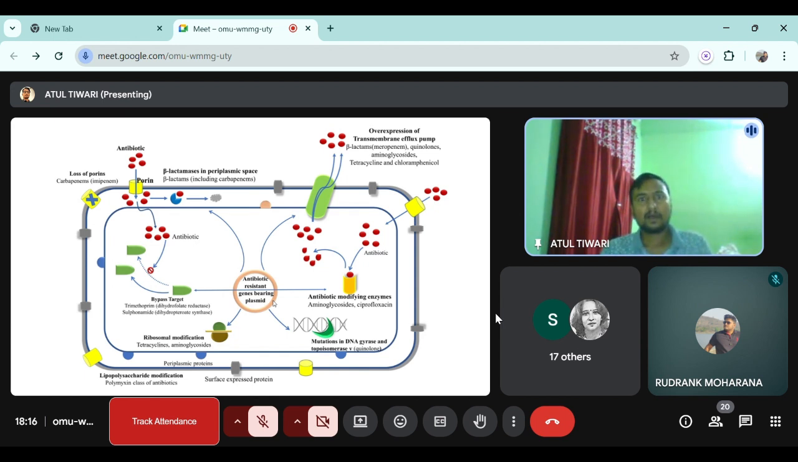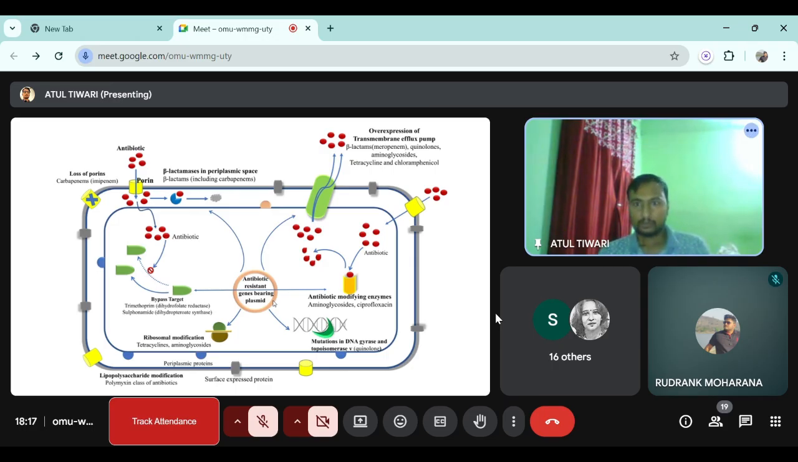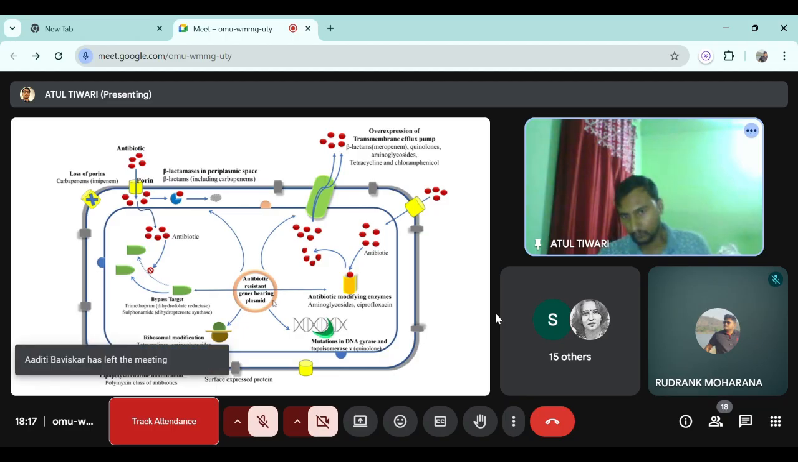Second, production of some enzymes that cleave the antibiotics into different fragments and inactivate them. Third, and most common and most important, is the overexpression of efflux pumps. If somehow any antibiotic enters the cytoplasm of that particular bacteria or fungus, the pathogens just efflux that antibiotic by using their efflux pumps without any delay. And the fourth system is